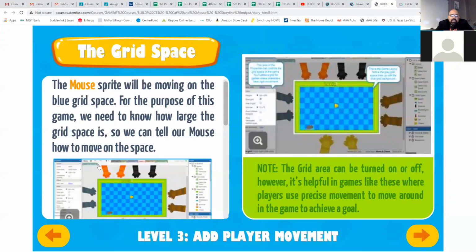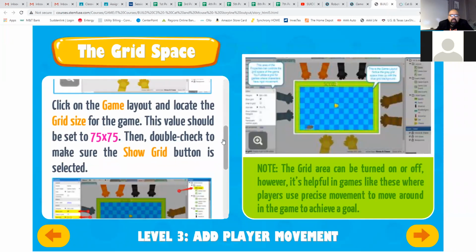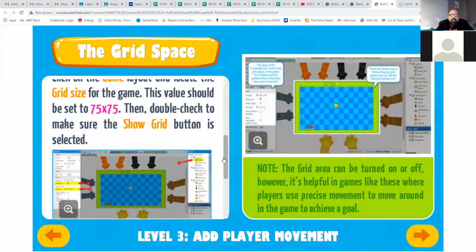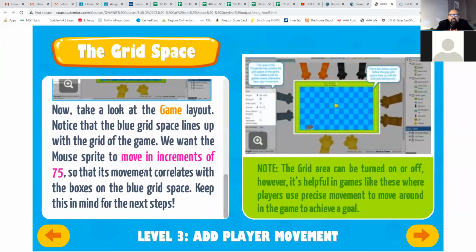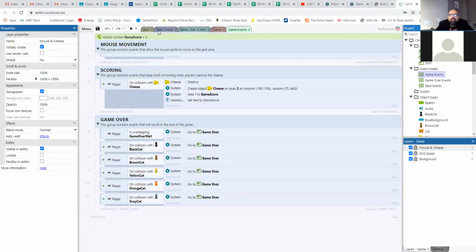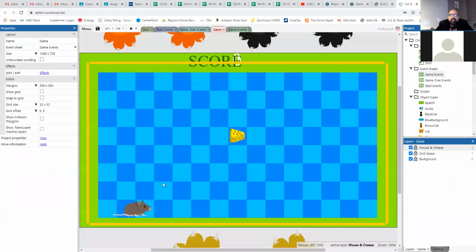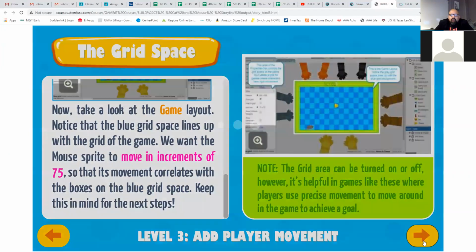So that's what this is going to tell you: looking at it, it's a 75 by 75 grid, and you're going to make the mouse move in increments of 75 because each of these little blue dots is 75 pixels. So if I go back to the game, this is 75 pixels. That's how big each square is. So you're going to set the mouse to move in increments of 75, is what it's saying. So the next one,